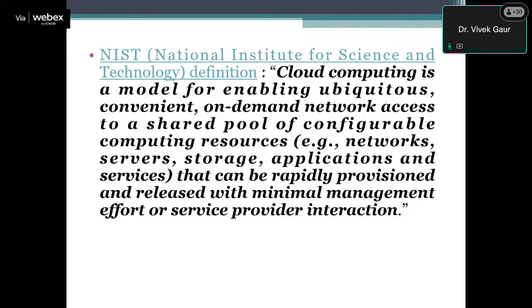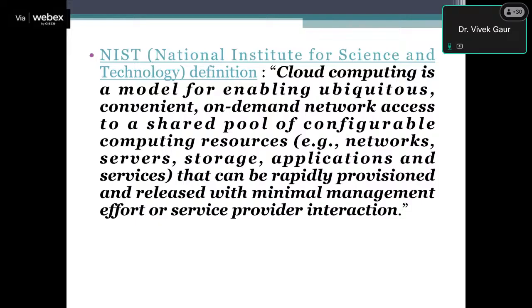It has transformed. Now, I know you have gone through different definitions many times. After having a glance over cloud computing, one thing is that there is no single definition. It depends on how you understand it and can explain it in your own way. Every author has his or her own way to explain cloud computing. But one definition, by the National Institute for Science and Technology, says cloud computing is a model for enabling